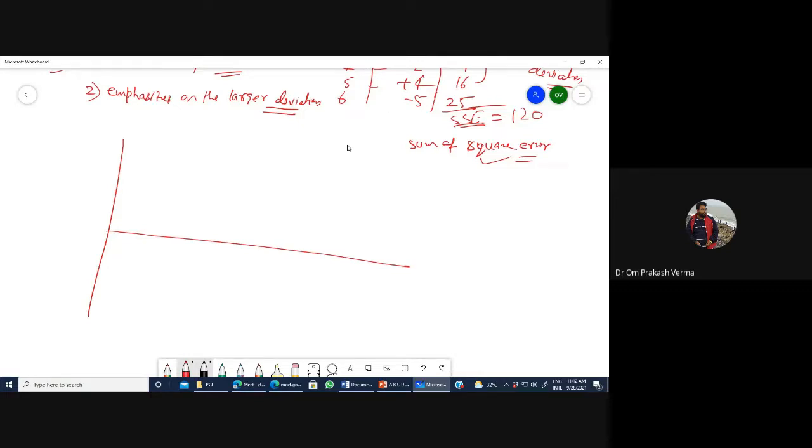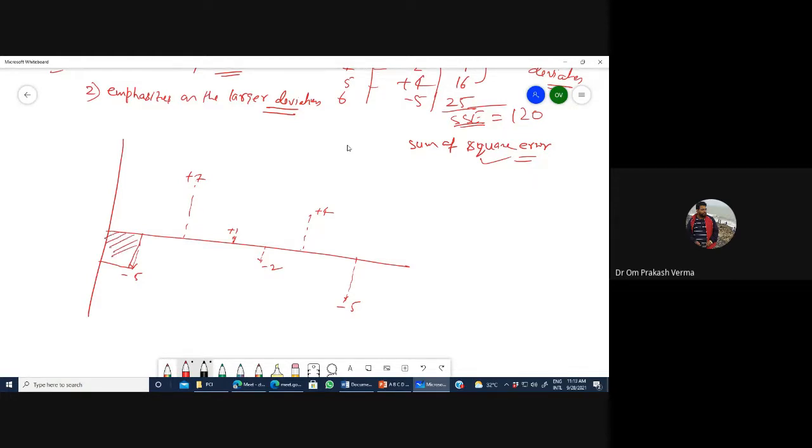Let's say the first will give -5, second will give +7, third will give +1, fourth will give -2, fifth one will give +4, sixth one will give -5. So it will be 25 because it is the 25. Yes or no? Yes, sir.